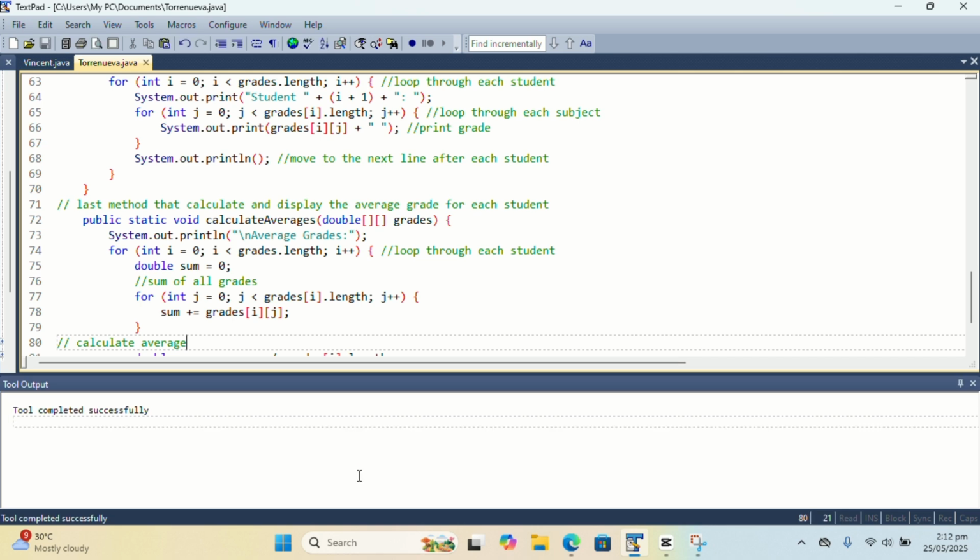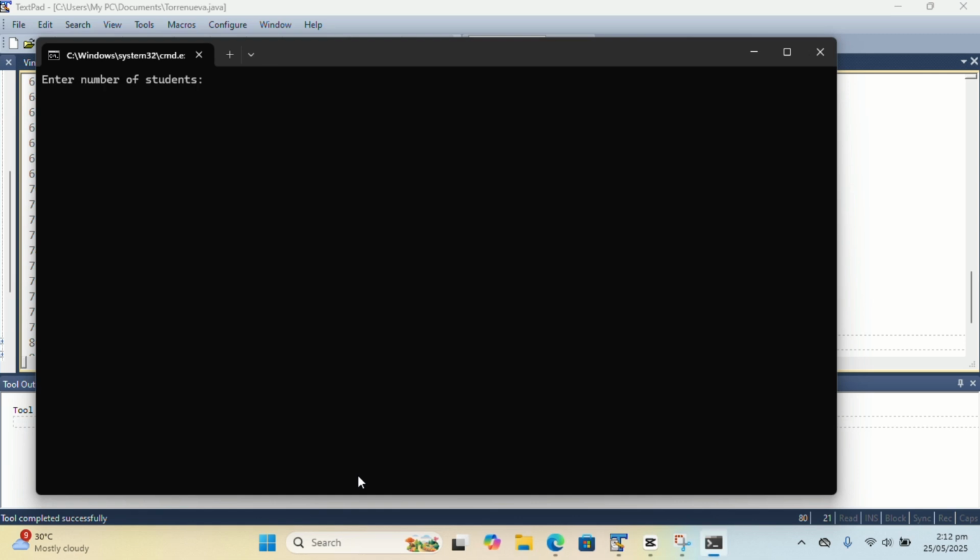So let's try to execute the code. If we enter a letter like W, the error message will display, this must be a number. Then enter the number of subjects, 2.